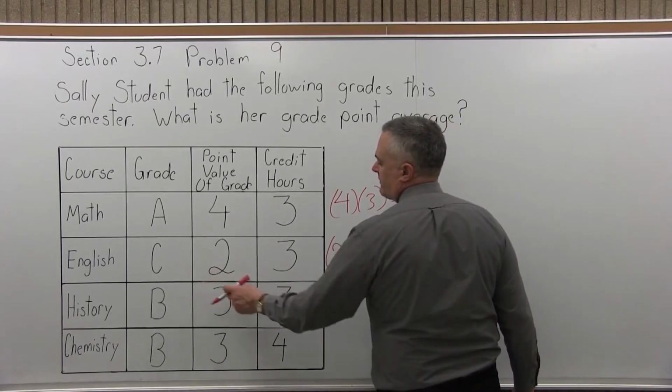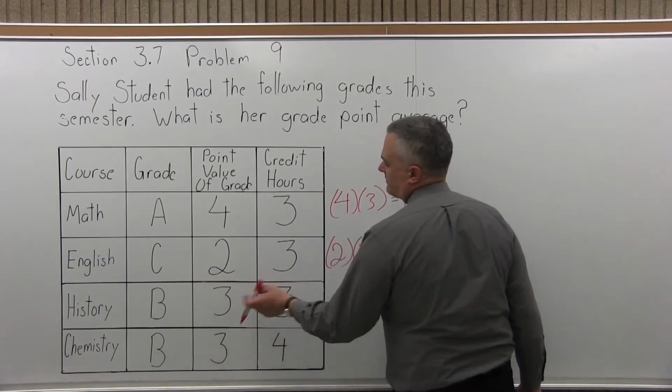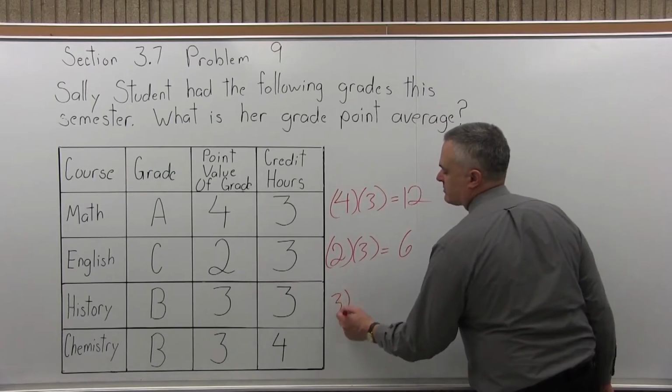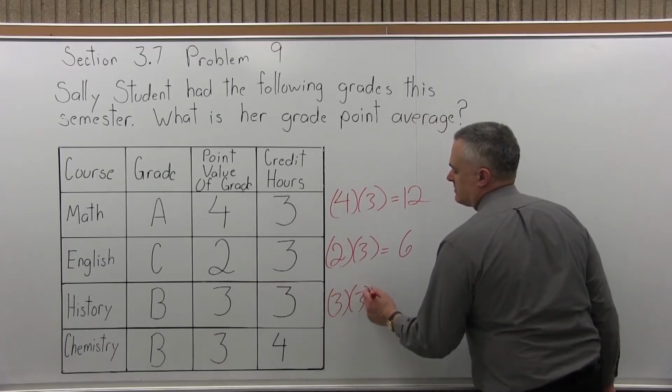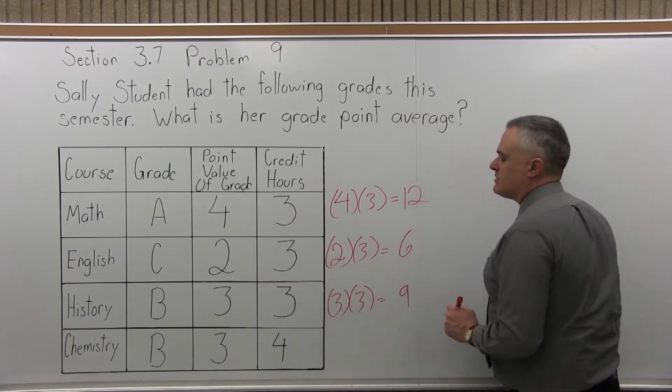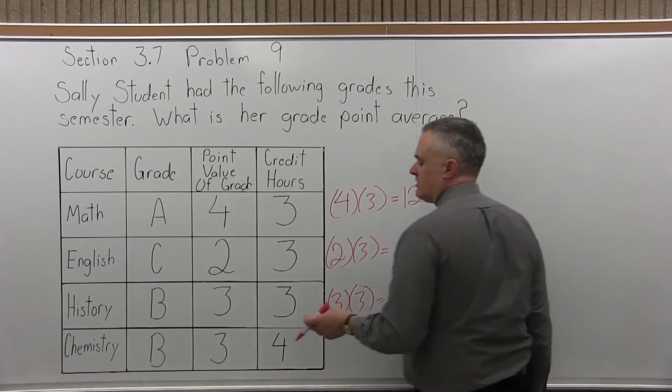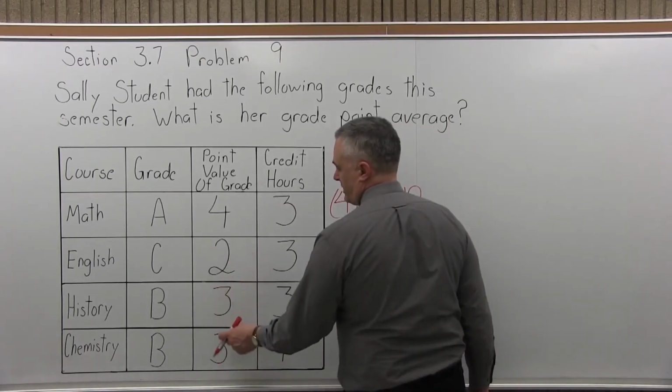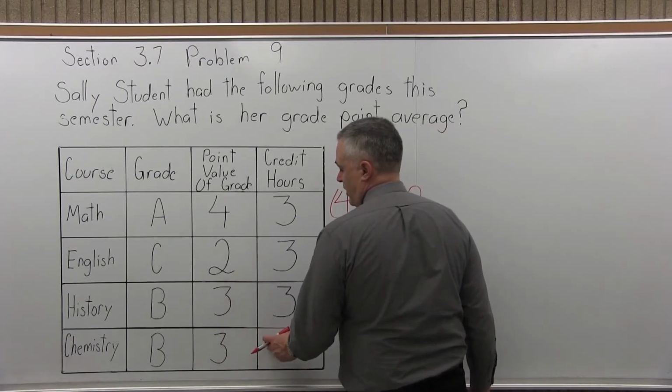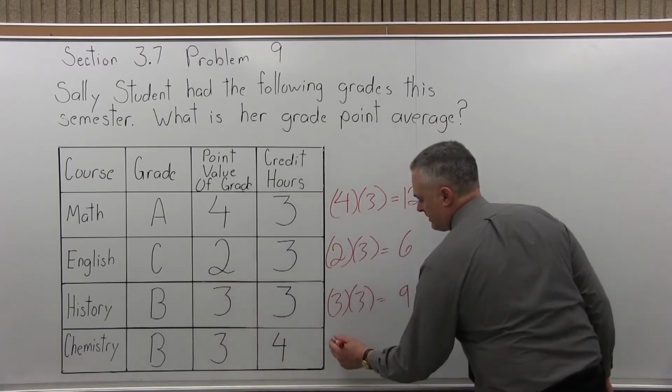History, 3 for the point value for the B times 3 for a 3-credit course. So 3 times 3. 3 times 3 is 9. Finally, the chemistry, B, which is 3 credit points for the grade of B, and it's 4 credit hours. So 3 times 4